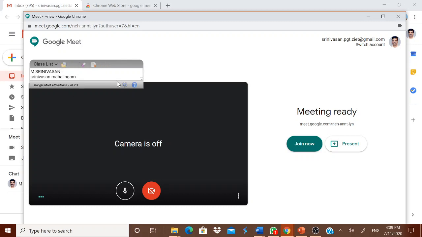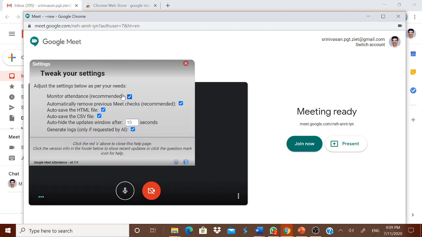Remember, if you have that extension added, this will pop up. Before clicking this join now, you have to do the settings. I repeat, before clicking join now, you have to click this setting. You have to do the settings for the attendance before the meeting starts.